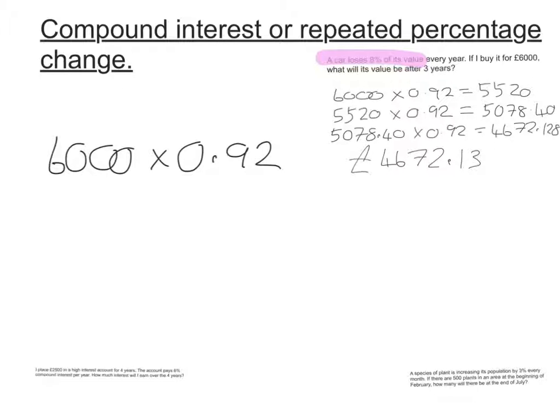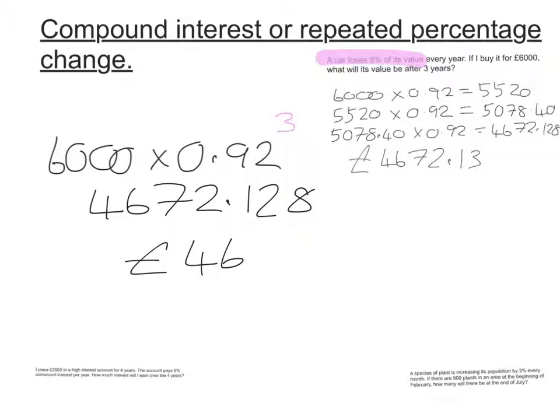And put that to the power of the number of years. So in this case, 3. If you type that in, one sum into your calculator, 6,000 times 0.92 to the power of 3, you get out straight away 4,672.128. And again, remember, you would give that correctly